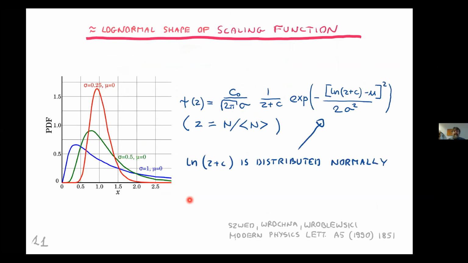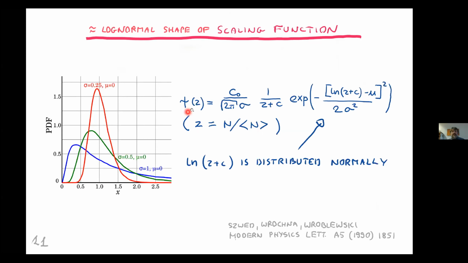And before showing you the form for both, I want to introduce you to the so-called lognormal distribution. Because that psi function, the scaling function, approximately obeys the form of a lognormal distribution. So I'm writing then, to introduce notation, z is n over mean n to simplify,